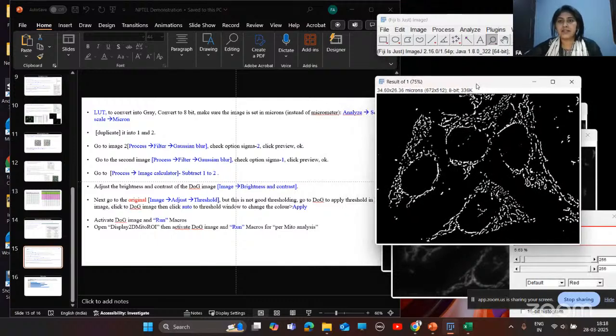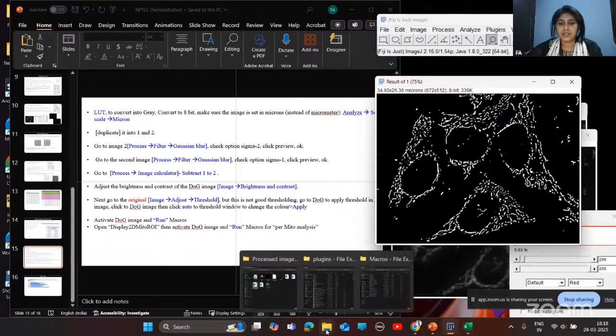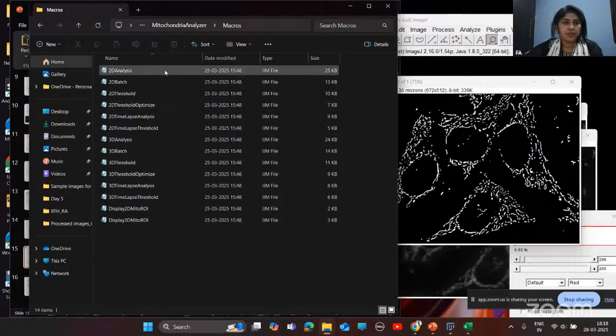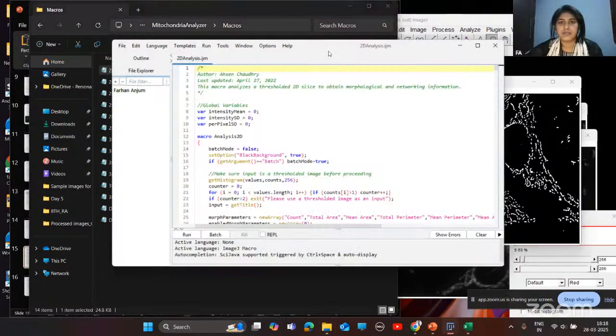So next we'll do 2D analysis, branch analysis of these mitochondrial filaments. As I said, you need to go to macros, and from here we'll select this 2D analysis. We'll open this here by dragging this folder.